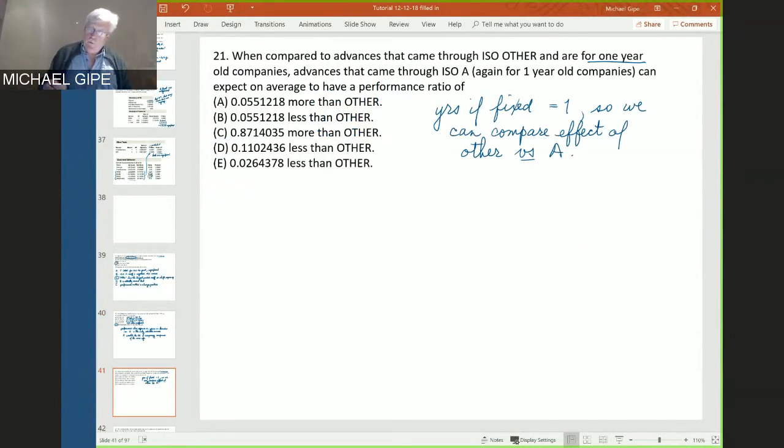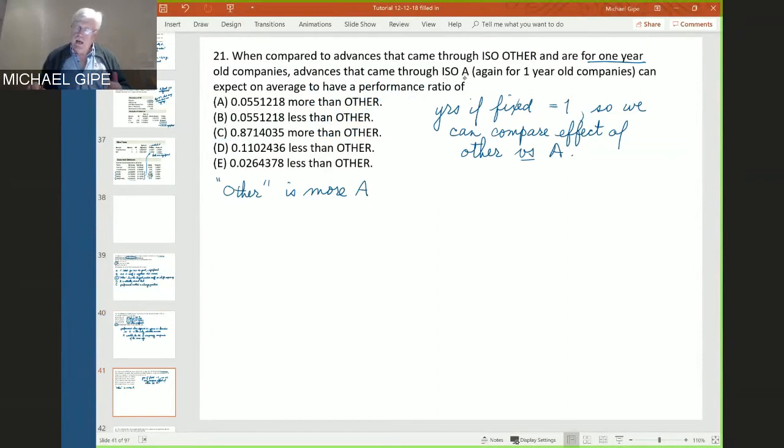So first thing we notice is that the coefficient for other is more than the coefficient for A. So A is minus 0.02, other is 0.026. So ISO other is going to have a higher performance than ISO A for the same age. So the question is,